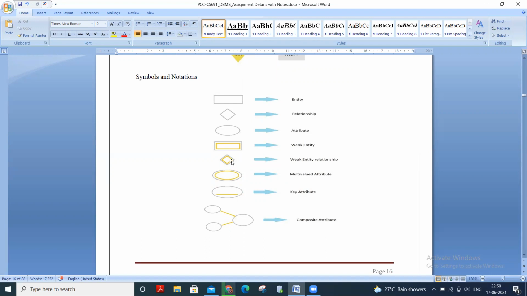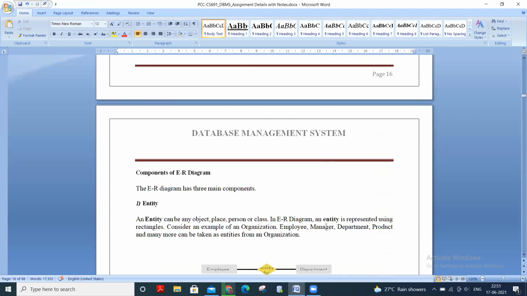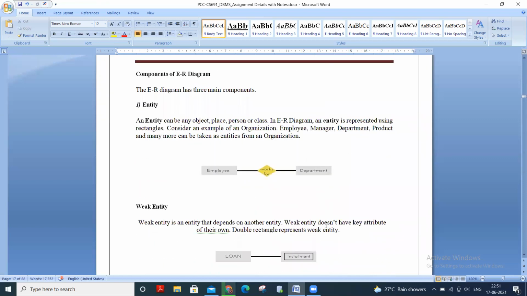The double rhombus shape is used for the weak entity relationship, and the double ellipse shape is for multi-valued attribute. And an ellipse with a line inside it is for the key attribute, and this tree structure is for composite attribute. Clear?